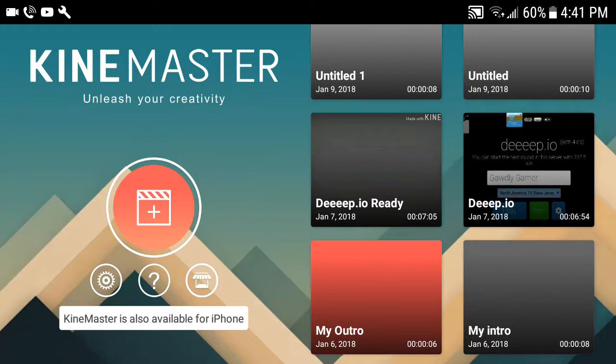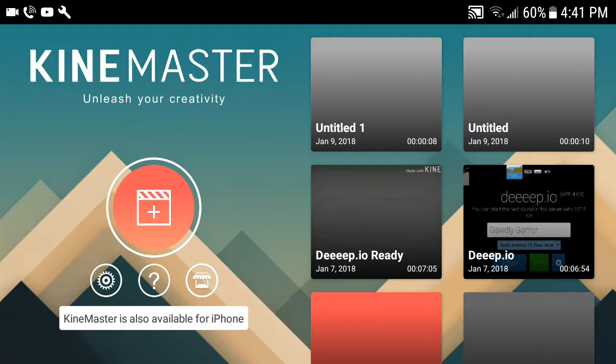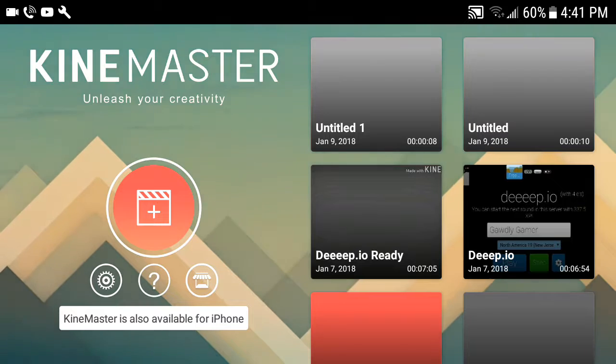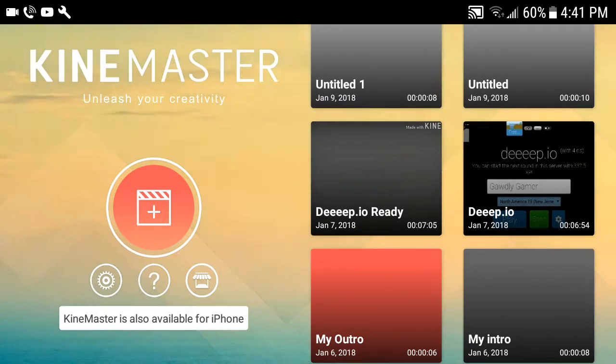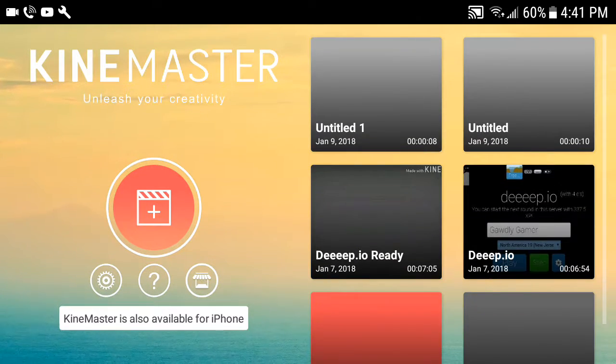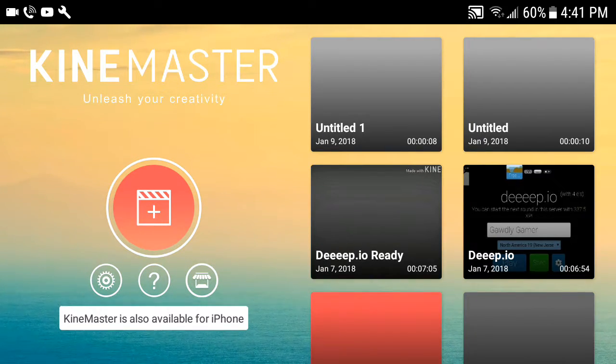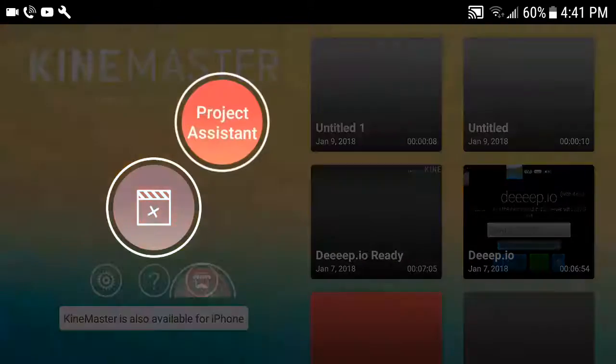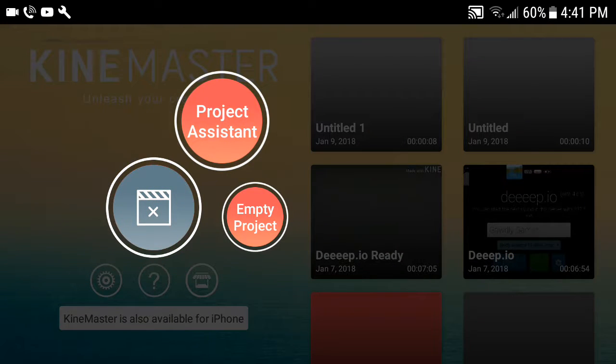As you can see, my intro, my outro, and these are all just test subjects. And then these two are the DPO and the DPO ready. Those are my edited and unedited versions. So you're going to want to click this little action button, this big red button. You're going to want to click empty project,